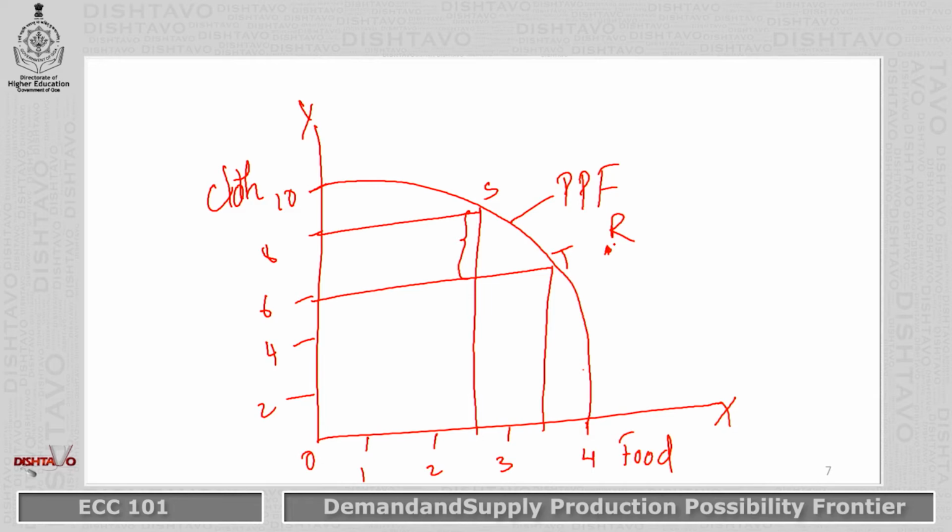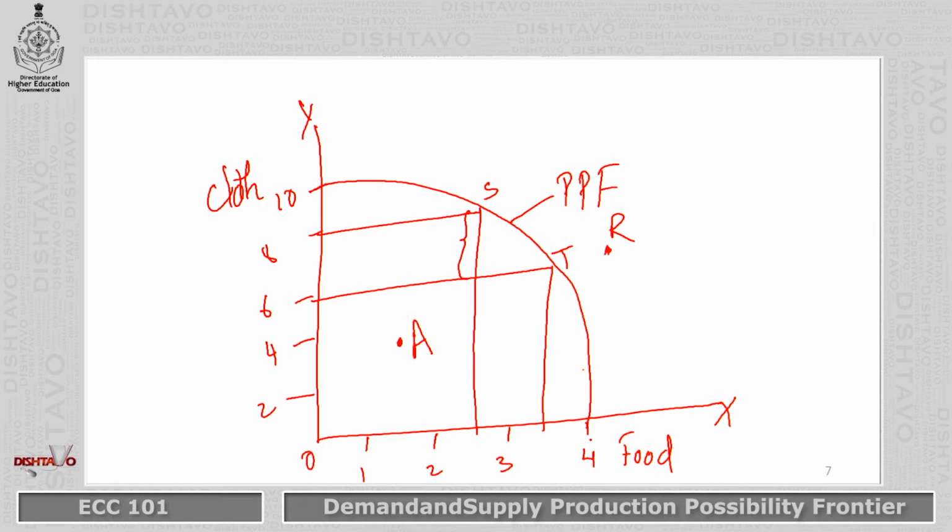At the same time, if I produce, let us say, combination A inside the boundary, I can produce it, but I am not using my resources fully, I am wasting my resources. So the economy has to decide how to channelize resources to get the maximum out of them. A is an attainable combination, anything within this boundary is attainable, but I will not use the resources fully. Any combination on the boundary line of this curve is attainable, and there I am making maximum use of resources.